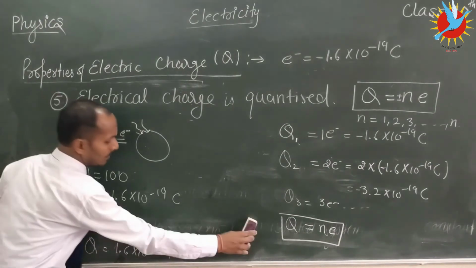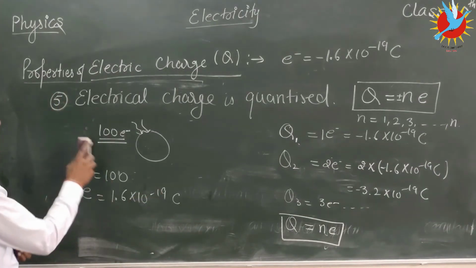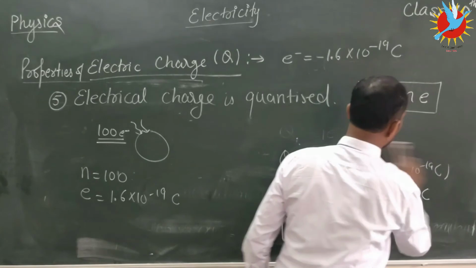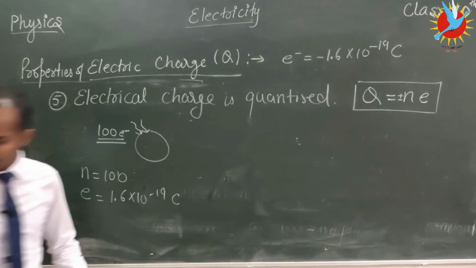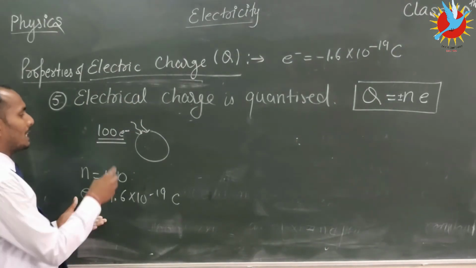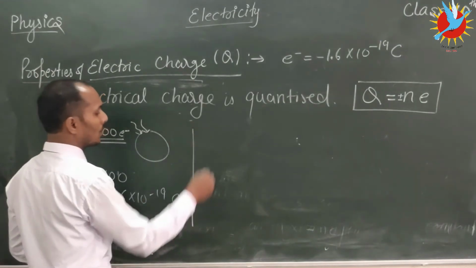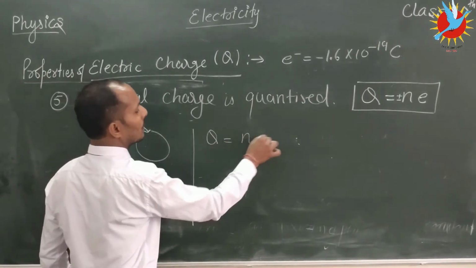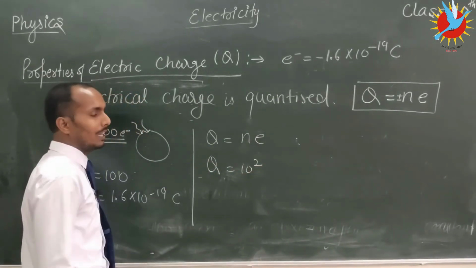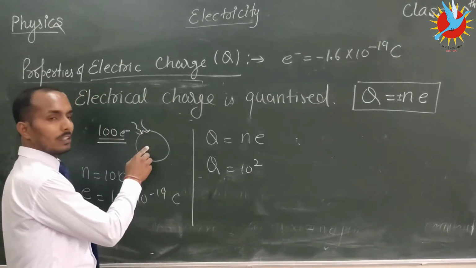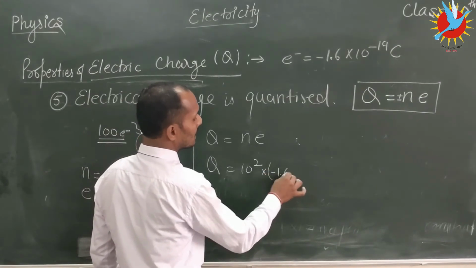I will solve it here so that you are able to see what is inside the question. The question says that if a body gains 100 electrons, then how much charge is developed on the body? Solve it like this. We know that Q is equal to Ne. Because 100 electrons means 10 raised to power 2 electrons are gained by the body, and the body gains electrons, so use minus 1.6 into 10 raised to